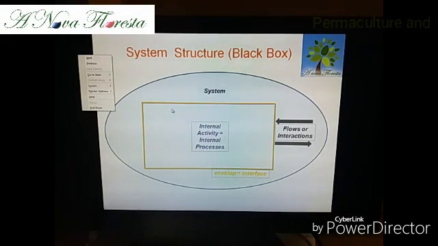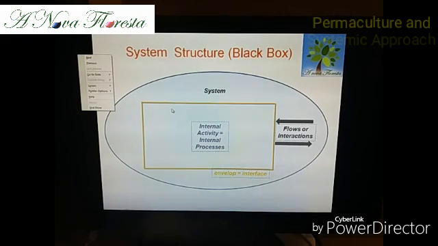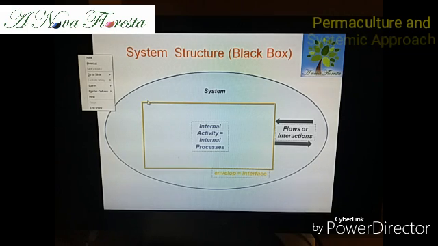So here is the structure of what is called a system in systemic approach. It's a quite simple model. A system is defined with a box, okay, and you can see the contour of the box, and it's called